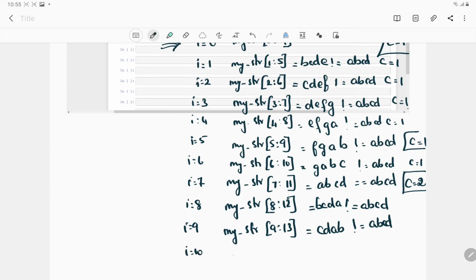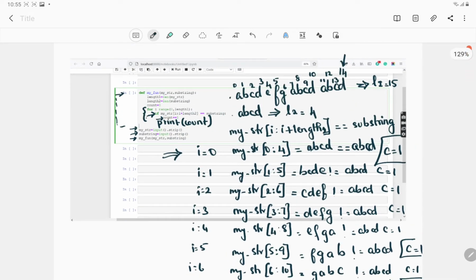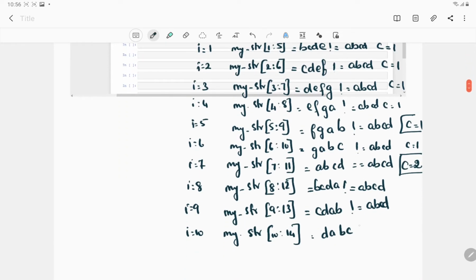And then I becomes 10, which is 10 to 14, which is DABC, right? 10, 11, 12 and 13 is DABC. It's not equal to ABCD again.